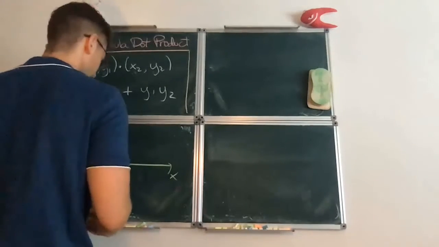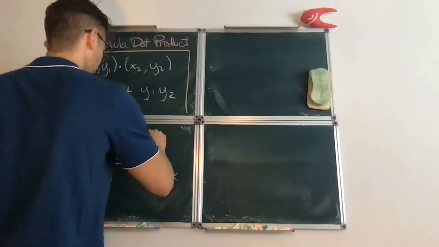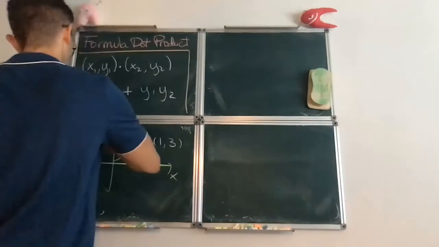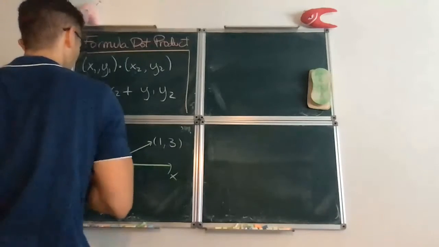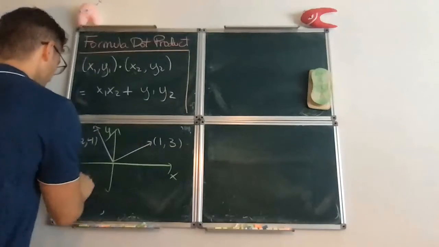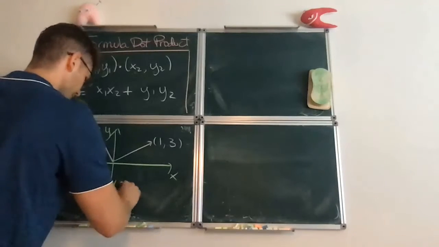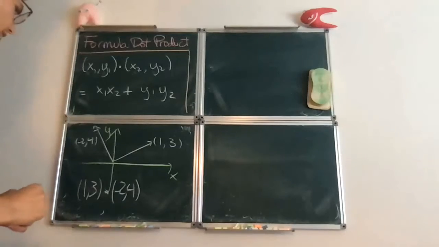So like the point of this formula is, say if one vector represents 1, 3, and then the other vector represents -2, 4, then 1, 3 dot -2, 4, the dot product between these two vectors is the same